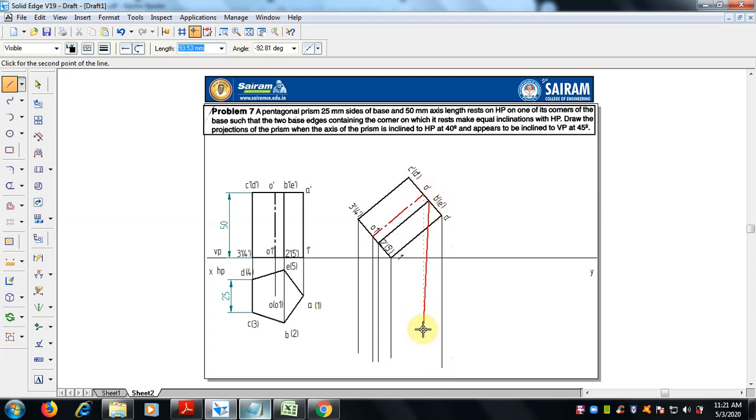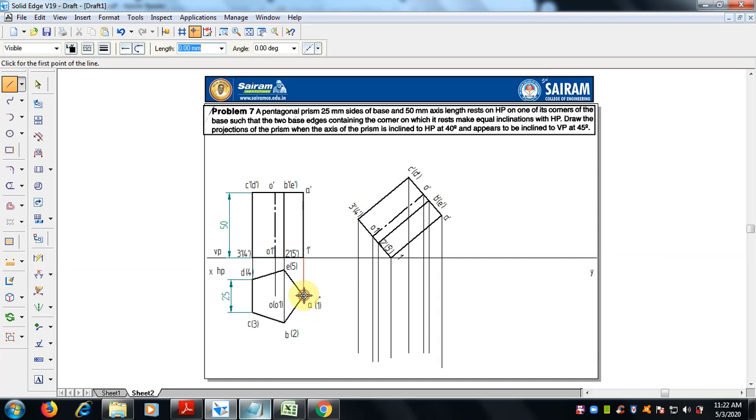Select proper end points so that mistakes do not come. Right. Now from this view we can draw A1, B1 like that. The top view, the bottom face and the top face. So let me see 1, 2, 3, 4.